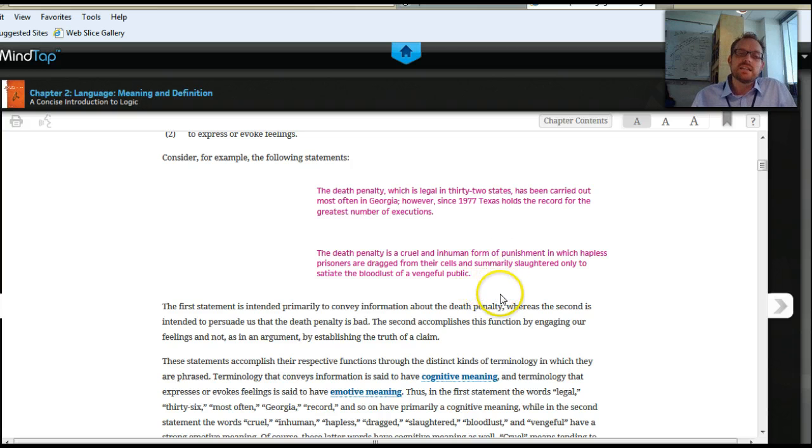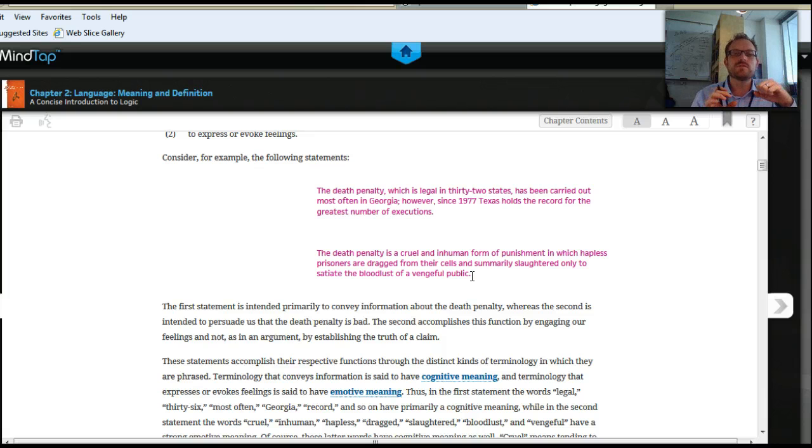Right? Well, clearly there's a lot of emotive language and there's a lot going on there in which they're clearly against the death penalty, right? All reference to the death penalty here is referred to as inhuman, and there's a whole litany of colorful language, summarily slaughtered, etc. The satiated bloodlust, right? All of this language hides the value claim that ultimately this person who's making this argument asserts a good, and in this case, the good is that the death penalty is a bad thing, right? That's the value that's being made there.